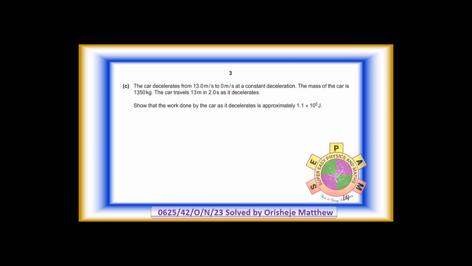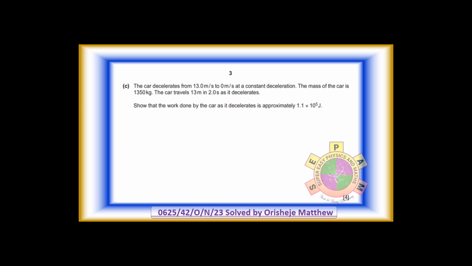Question 1c. The car decelerates from 13 meters per second to 0 meters per second at a constant deceleration. The mass of the car is 1,350 kg. The car travels 13 meters in 2 seconds as it decelerates. Show that the work done by the car as it decelerates is approximately 1.1 times 10 raised to power 5